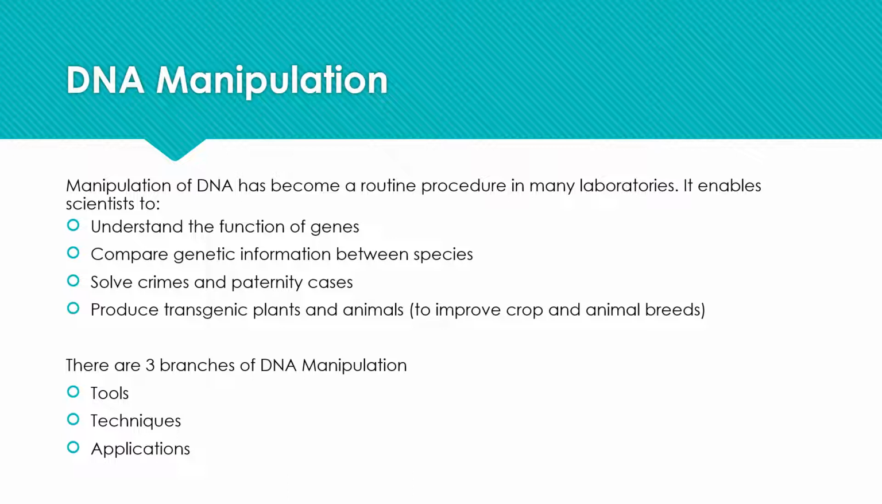The reason we use it is it lets us understand the function of genes. It helps us to compare genetic information between species. We can even apply it outside of the lab and use it to solve crimes or paternity cases. We can use it in agriculture to produce transgenic plants and animals, helping improve the crop and animal breeds that are there. So those are just some ways that we can actually apply the manipulation of DNA and use it